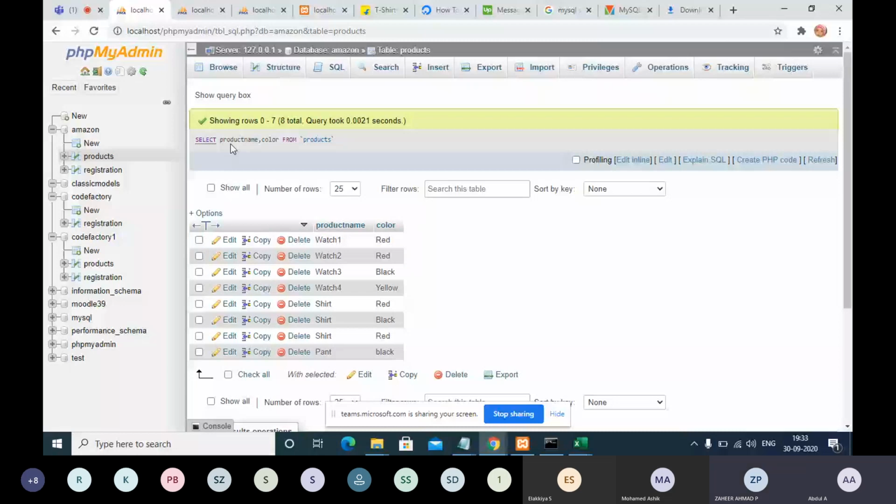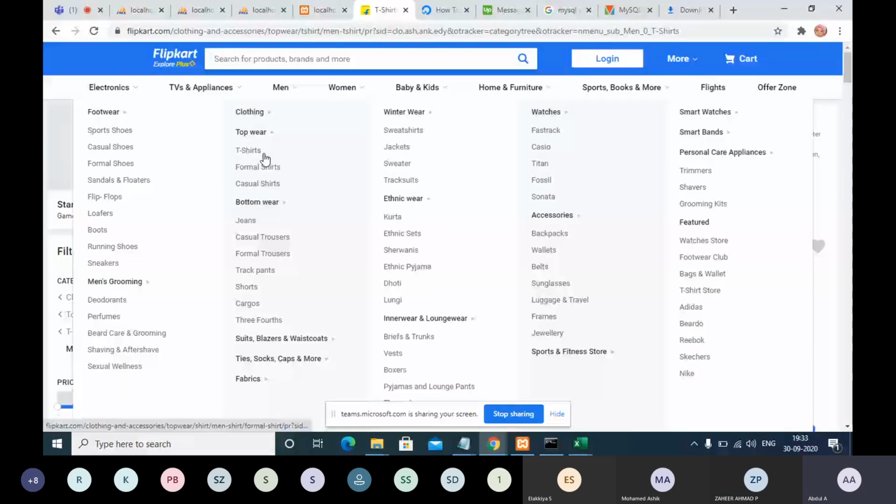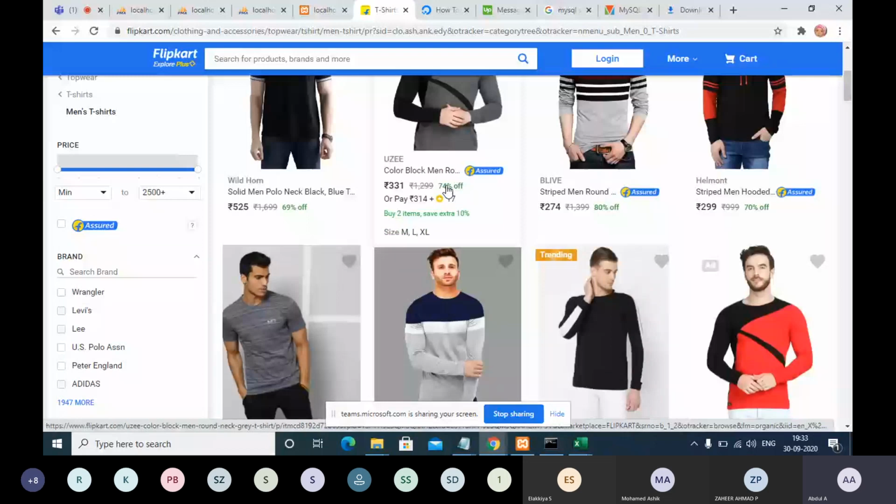But the condition is only t-shirts, while we have all the products in our database table. If I want only t-shirts, the query will be written in the backend in the programming. It will be executed as select star from the product table, or whatever. They may have a different name for the table.